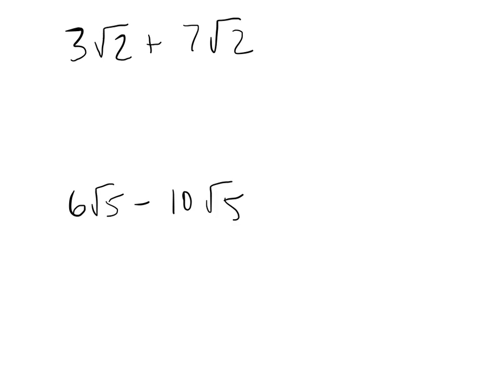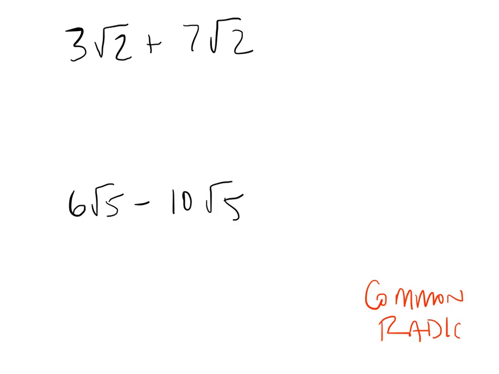So today what we're going to be doing is adding radicals. Now radicals are fairly easy to add when you have what are known as a common radical. So looking at this, I have 3 root 2 plus 7 root 2. A common radical means that I have the same number underneath my radical. So to add them, we need to have common